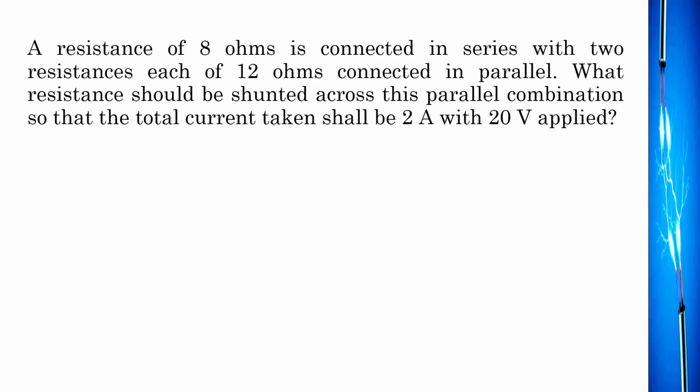Ayan. So, punta naman tayo sa mga circuits, no? Yung mga iba't ibang connections ng resistor. So, here, a resistance of 8 ohms is connected in series with two resistances each of 12 ohms being connected in parallel. So, what resistance should be shunted? Or pag sinabi natin shunted, ibig sabihin yung ipaparallel po. You're going to connect parallel across doon sa parallel combination so that the total current will be 2 amperes with 20 volts applied. So, ang ibig niyang sabihin dyan, kung meron kang 8 ohms na nakaseries sa dalawang 12 ohms na nakaparallel,